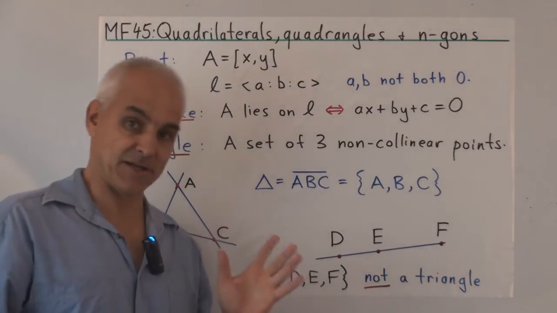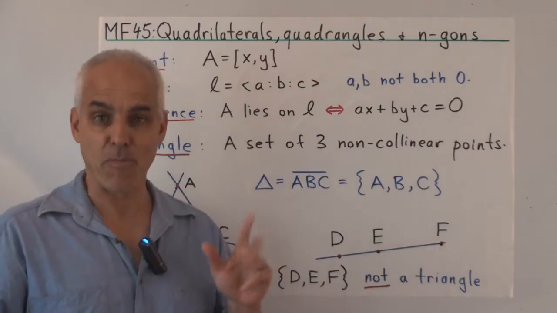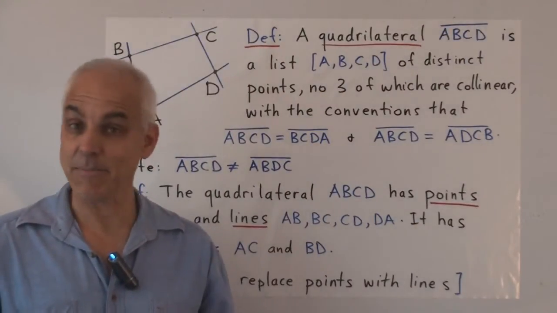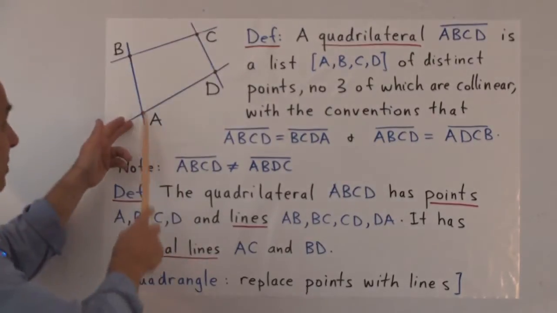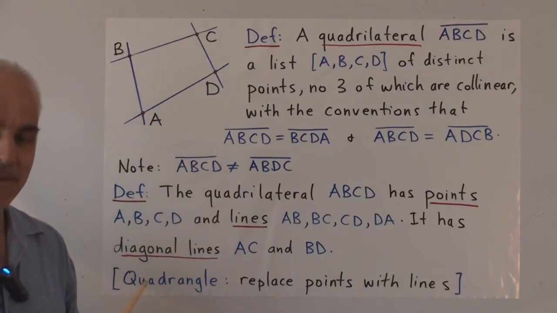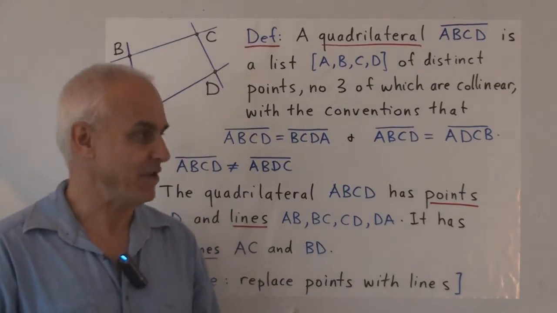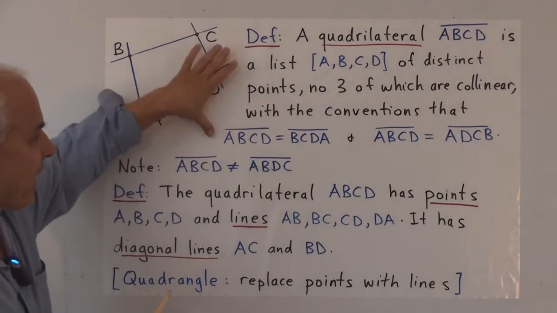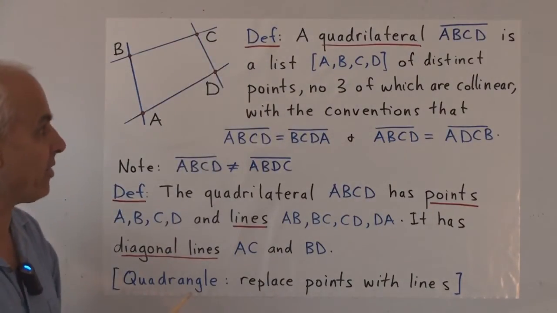Alright, so with those foundations, now let's ask, how do we define a quadrilateral? The analogous object with 4 points instead of 3. When it comes to quadrilaterals, it's tempting to just use a picture, to write down something like this and say, well, there's a quadrilateral ABCD. But we want a more precise definition, and here's one way of proceeding. So let's have a good look at this definition of a quadrilateral.